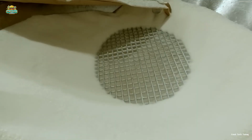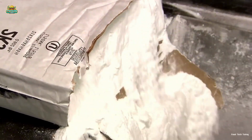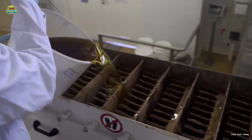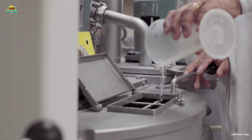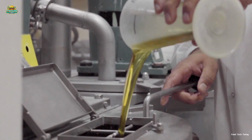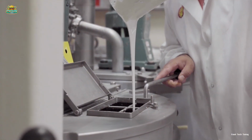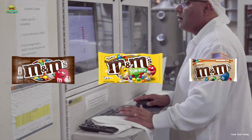Sugar is added to sweeten the mixture and balance the bitterness of the pure cacao. Milk powder is used to create milk chocolate, contributing to the smooth consistency and rich, creamy flavor of M&Ms. The precise ratio of chocolate, cacao butter, milk powder, and sugar must be calculated according to a standard formula. Each variety of M&Ms, such as milk chocolate, peanut, or almond, has its own unique recipe and proportion to create